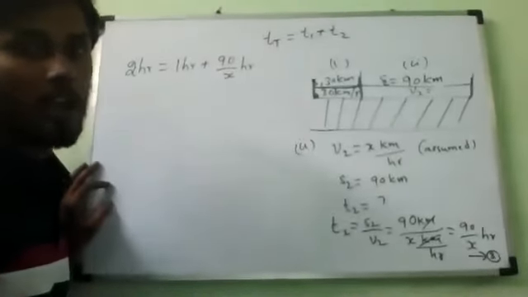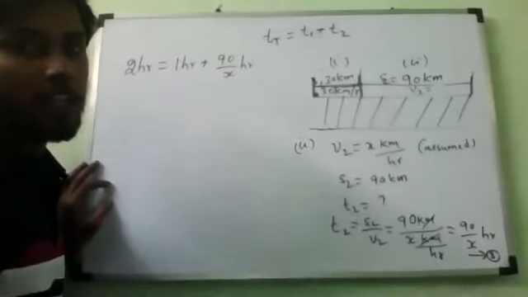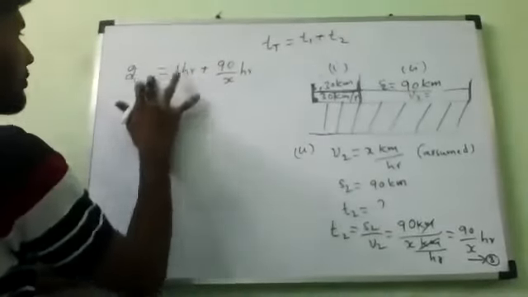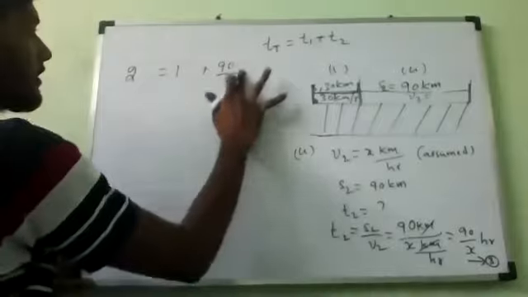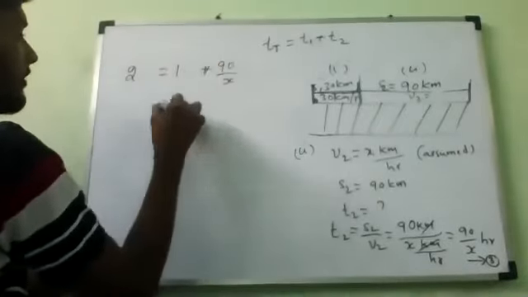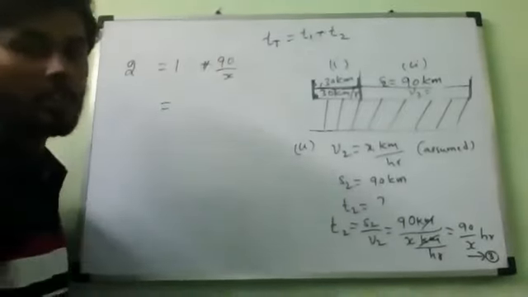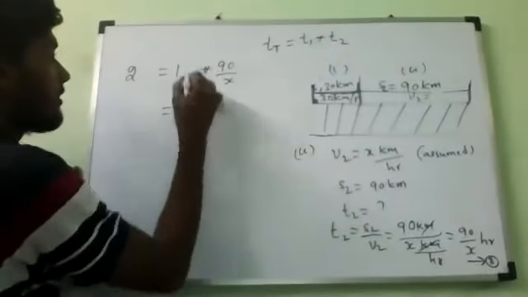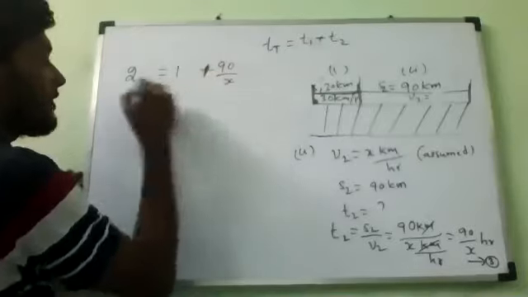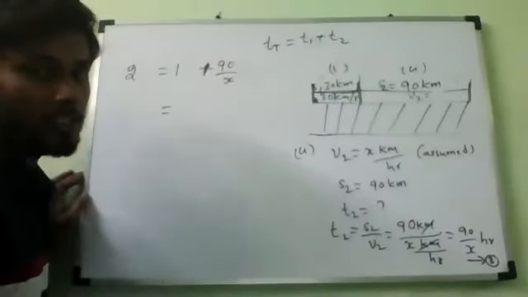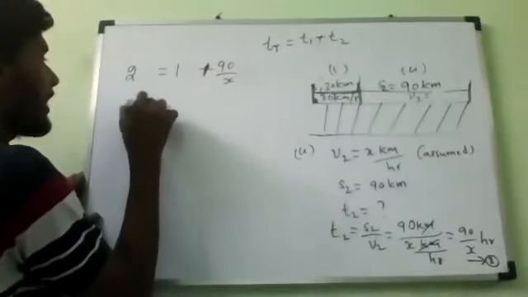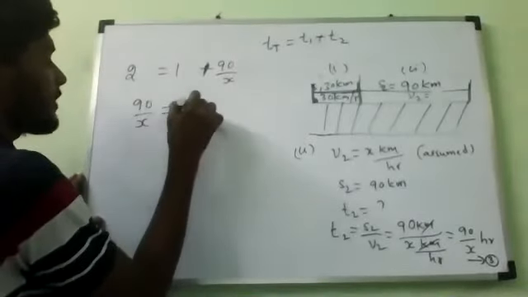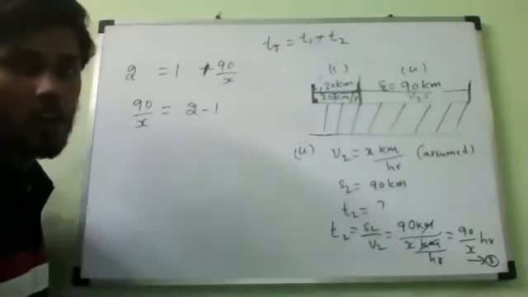X value equals how much? Observe very carefully and tell me. Hours and everything, 1 hour. No issues, so this is the equation. Now you do it and tell me what will come. Mathematics only. This one plus 1 here, the plus 1 will come to this side and become minus 1. Is it correct or not? So can I write this as 90 by x equals 2 minus 1? Is it right or wrong?